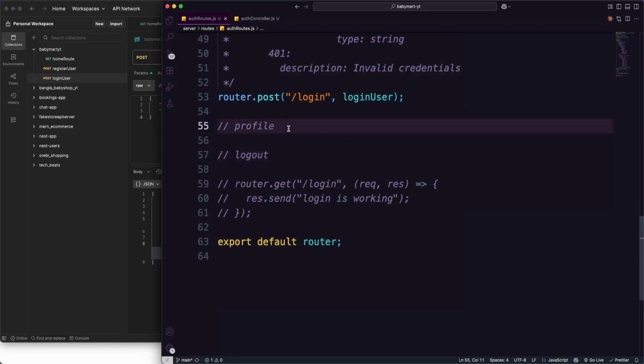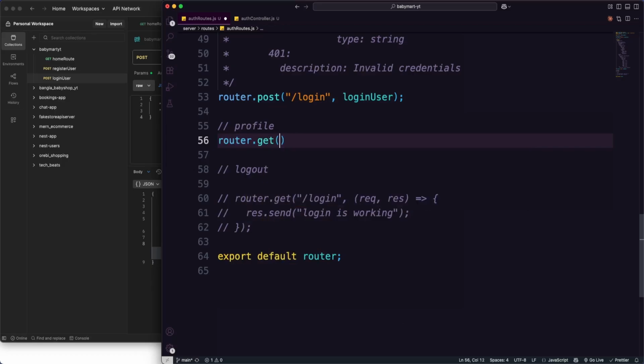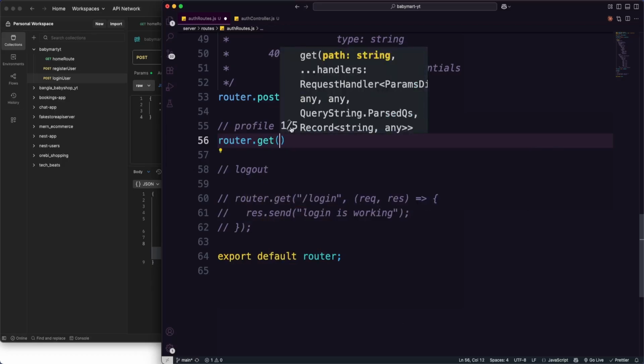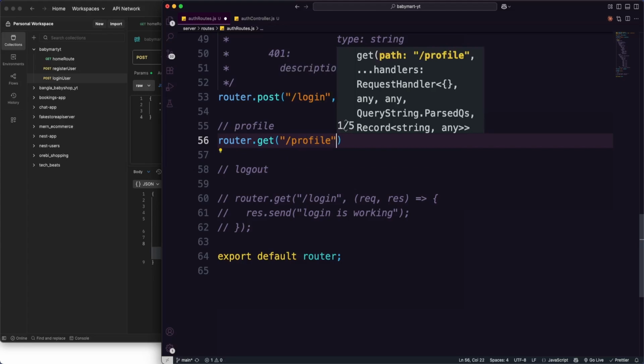So now the profile is going to come. As you can see here, for every single particular user, they can get their user profile, right? But we need to protect the profile value, because not everyone can get the profile, right? So first of all, we're going to make that router.get. It should be a GET method, and that GET method is going to get /profile,